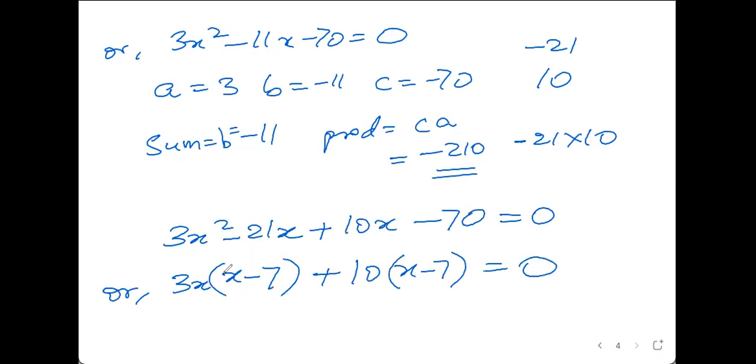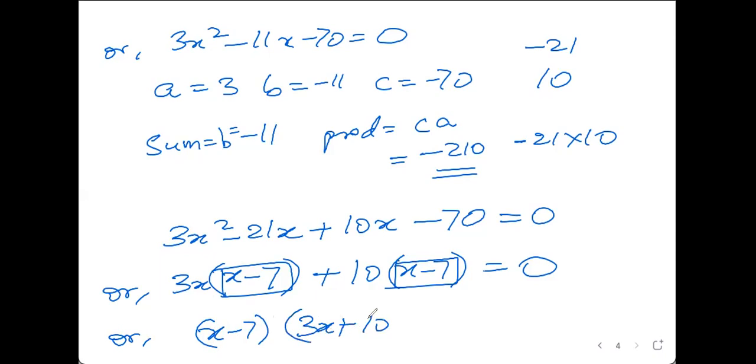Now this is in the textbook, this x minus 7 is given as dot dot dot. Now we have x minus 7. No, your textbook has given something different again, so let us write that way. No, we will write what is correct. x minus 7 is common. We are left with 3x plus 10 equals 0.